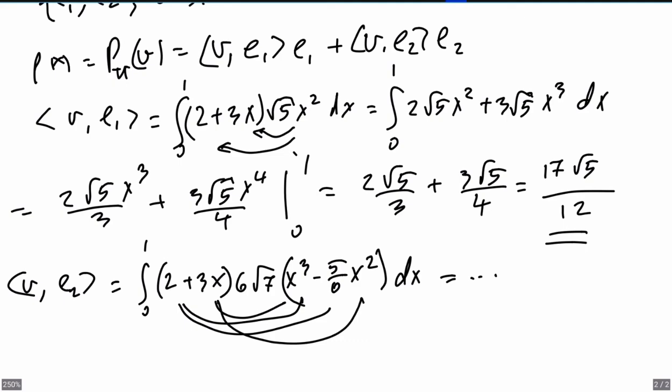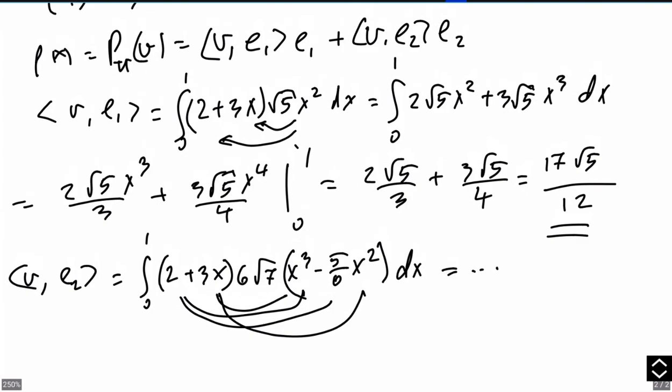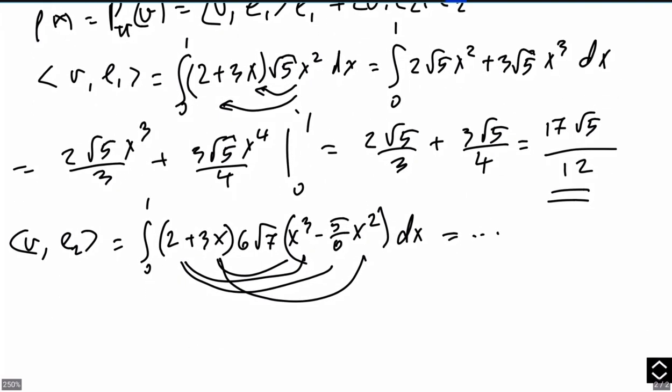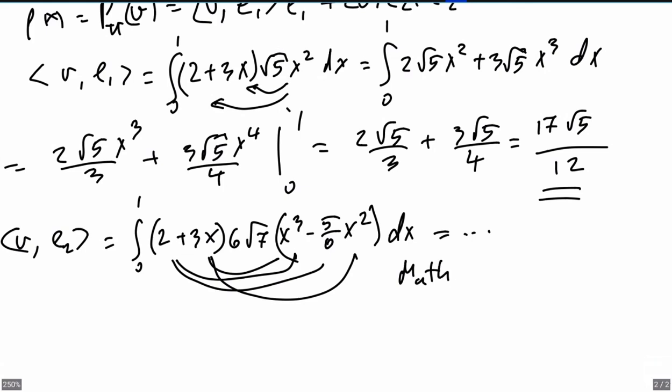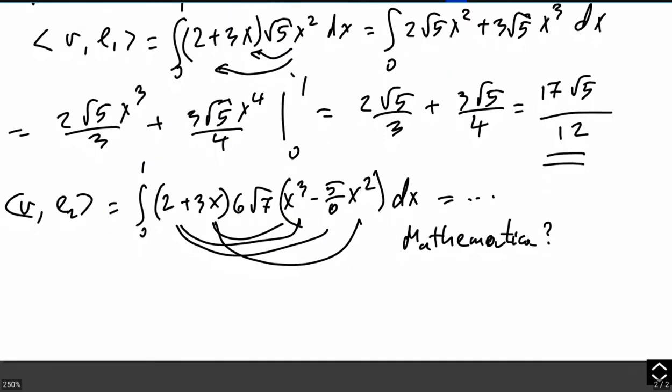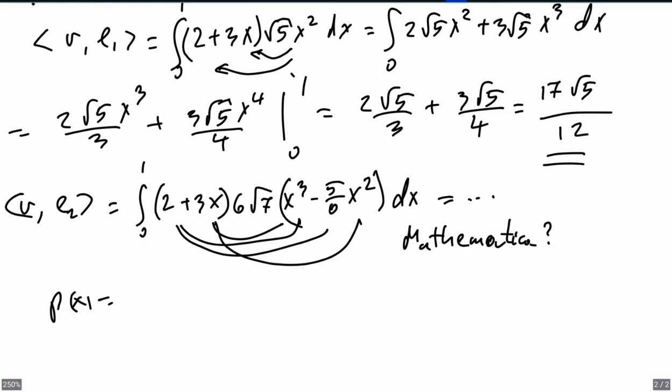Using the FOIL multiplication, you're supposed to multiply it out and then integrate. Yeah, so at some point there is no problem to do it with a computer, for example with Mathematica. Otherwise, it's a routine but long calculation. So the final answer is supposed to be, you can double check that, 24 x squared minus 203 over 10